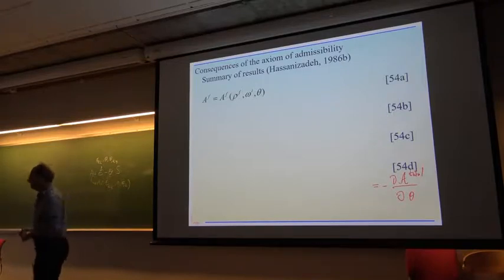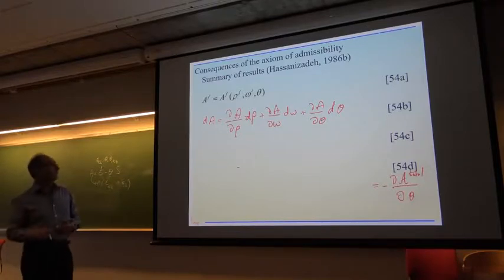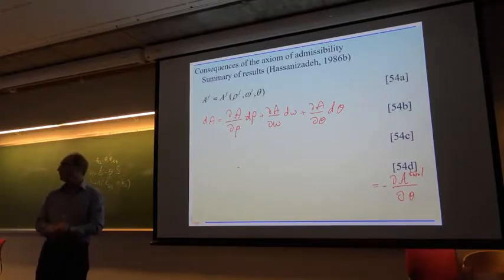And then if you take this, then you can see, okay, look, I take the derivative of this. This is dA d rho, d rho, plus dA d omega, plus dA d theta. Then I say, what is dA d rho? Yeah, those who know thermodynamics, they say, okay, that's related to pressure.